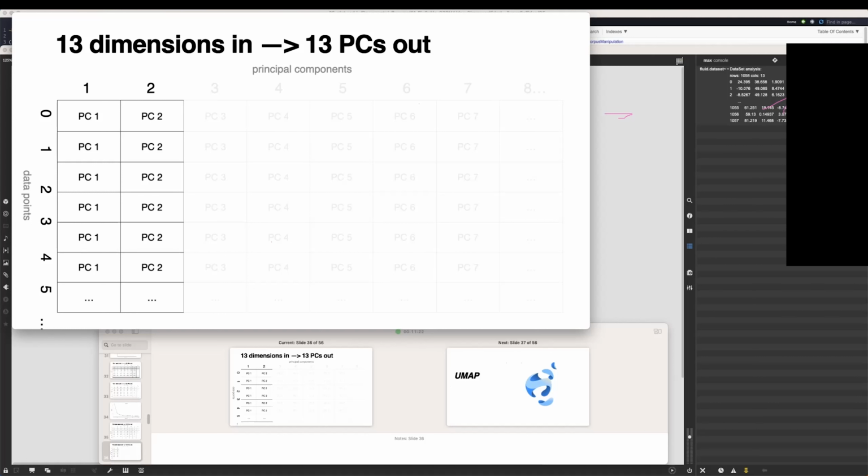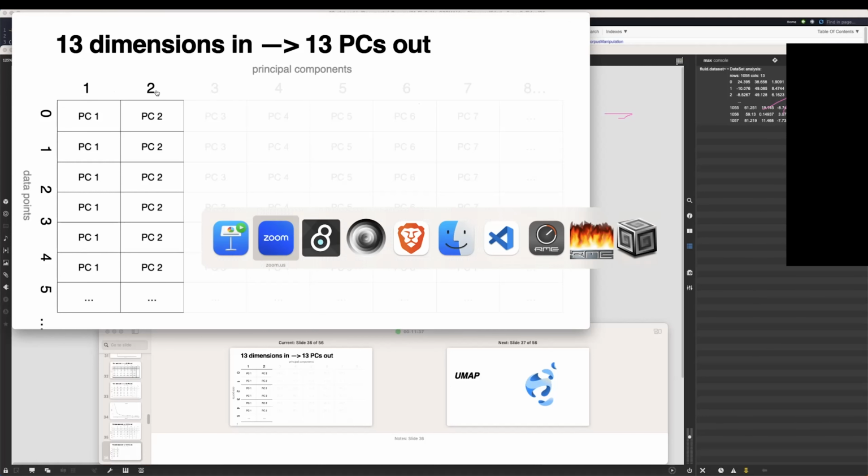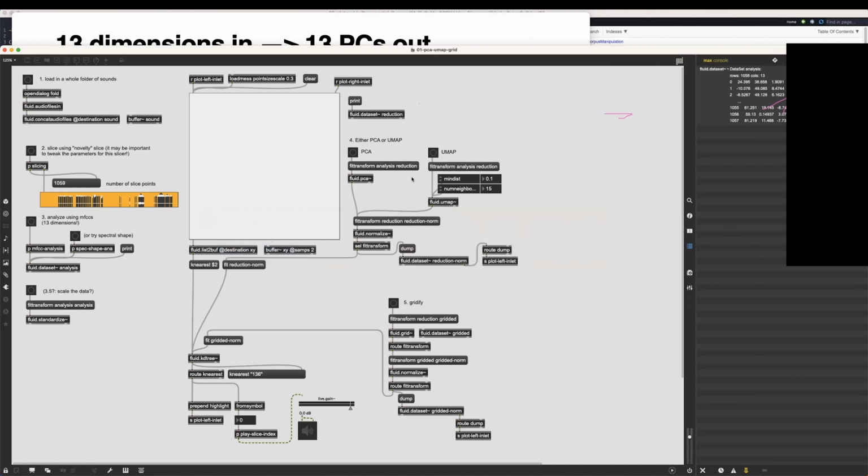And so when we do our plotting in this patch, this is exactly what we're doing. We're having PCA do principal component analysis on 13-dimensional space, but then only keeping the first two principal components and plotting that as X and Y positions. If I run that button, I think I did the analysis. So here what we're seeing is all of these data points with principal component 1 as the x-axis and principal component 2 as the y-axis. And now if I move around in this space,